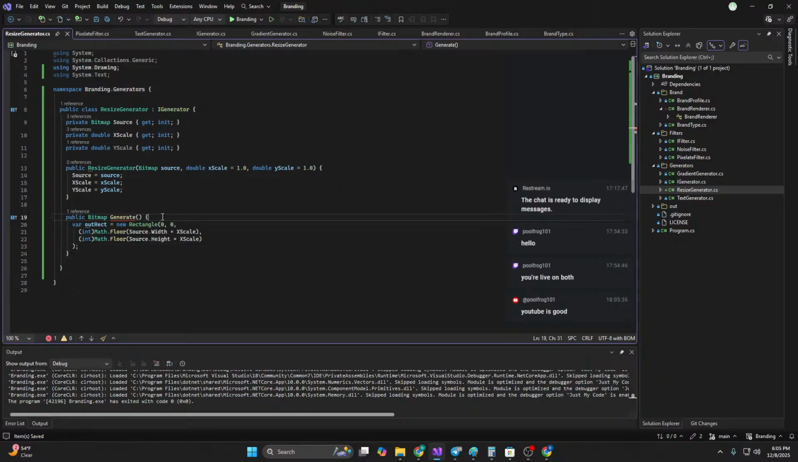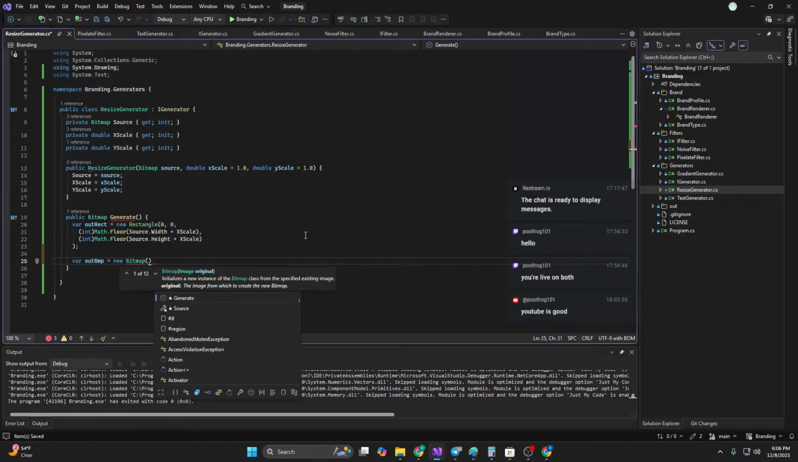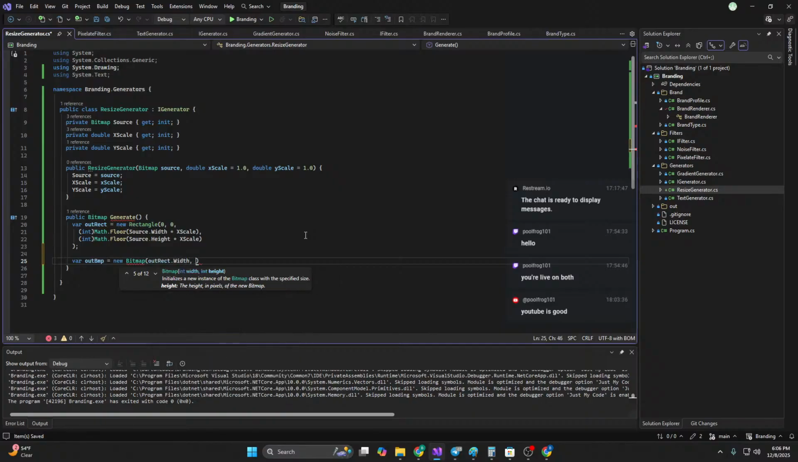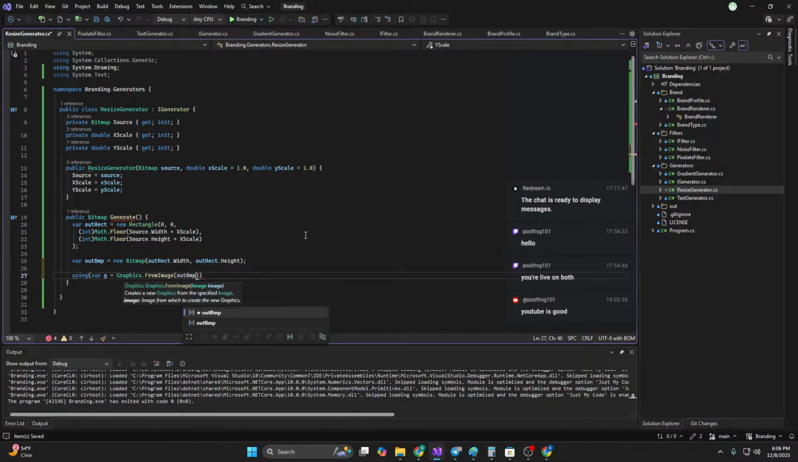All right, so we got an out rectangle, and now we're going to want to make an out bitmap, which is going to have the out rectangle's width and height, and then we're going to get the graphics context. With that, we're going to do